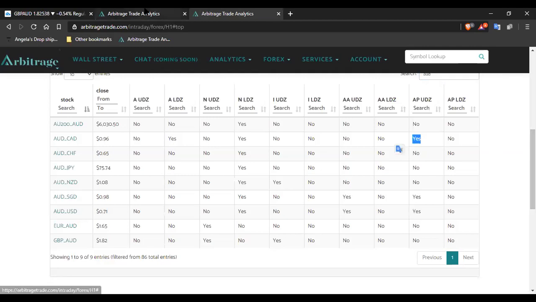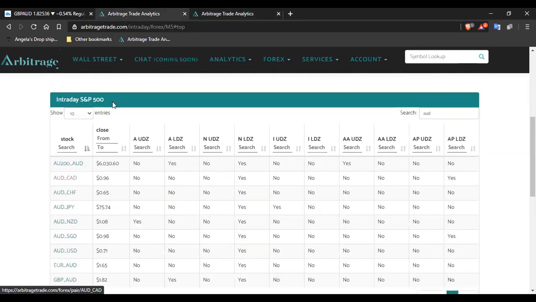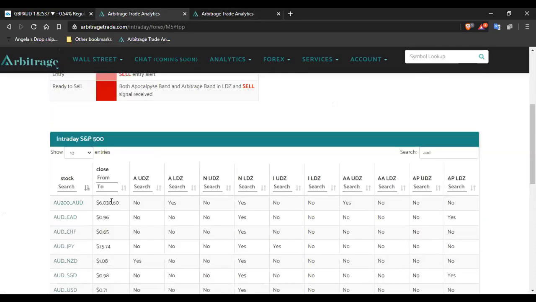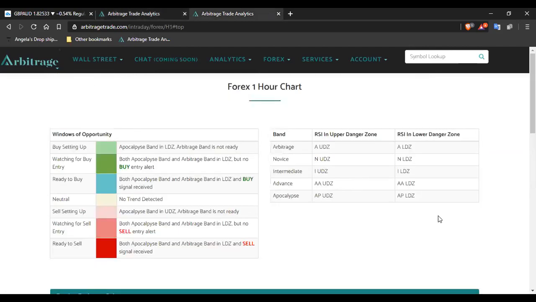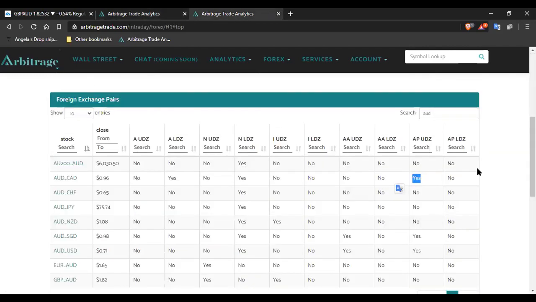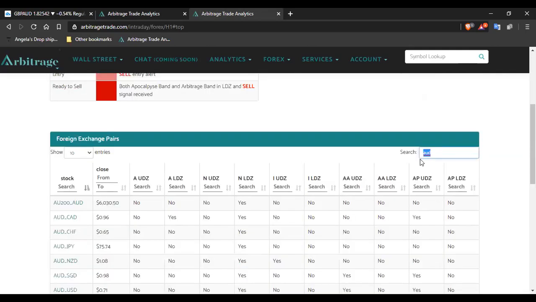Huh. That's weird. So we have AUDCAD on the 1 hour. We have AUDCAD on the 1 hour showing yes at the lower danger zone. But then, oh, this is the 1 hour upper danger zone. My bad. So AUDCAD lower danger zone. It's confirmed. Yeah, that's what I thought. So that's something that we'll look at, and then we'll also take a look at